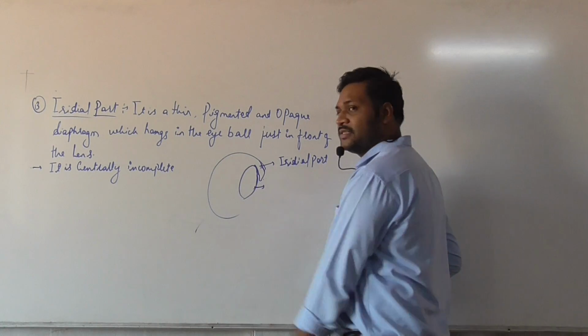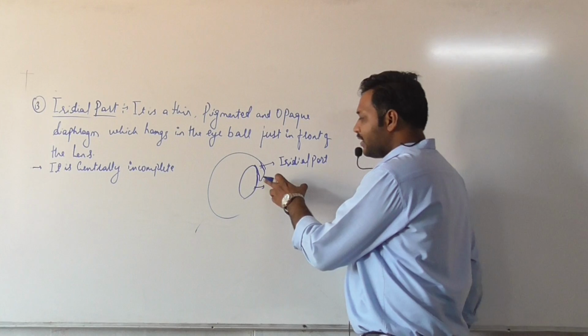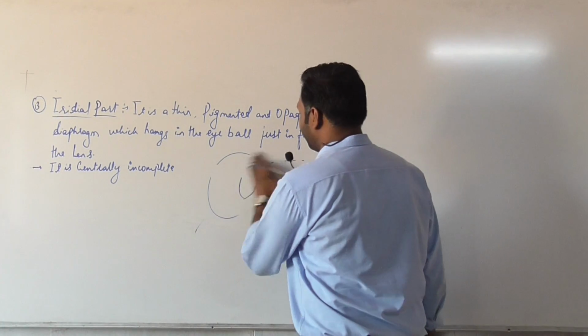This part is called the lens. You can look into the diagram also, the diagram we have drawn before this. So here this region is the iridial part, which is the incomplete one. The next,